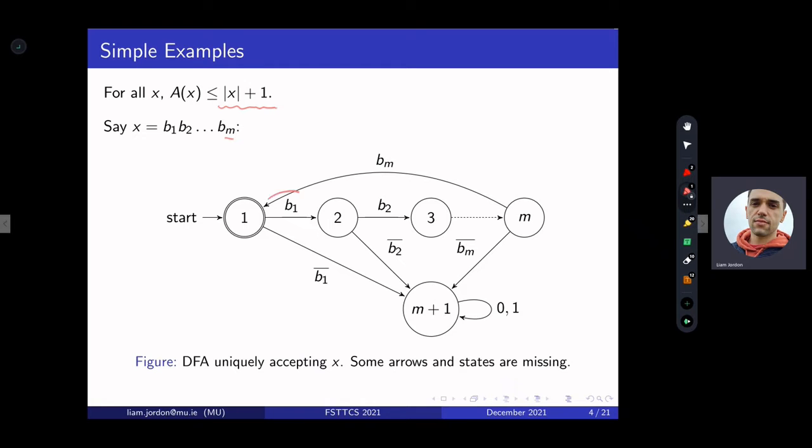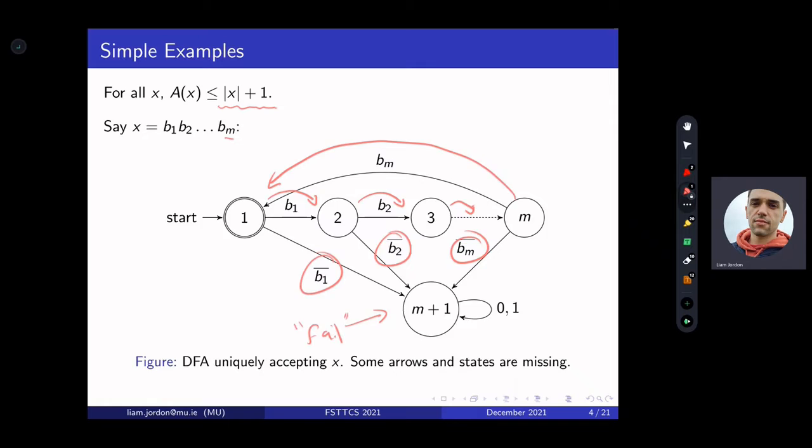For each character in x, we can just read it bit by bit, traversing through a state for each bit, and then upon reading the last character of x, traversing back to the start state and having that be an accepting state. And at any stage, if we see something we don't expect, so we see a 0 when we expect to read a 1, we'll just traverse to this fail state, or this dead state over here.